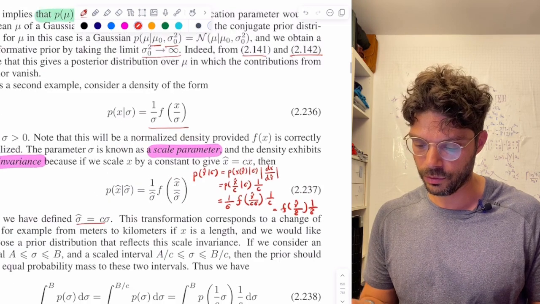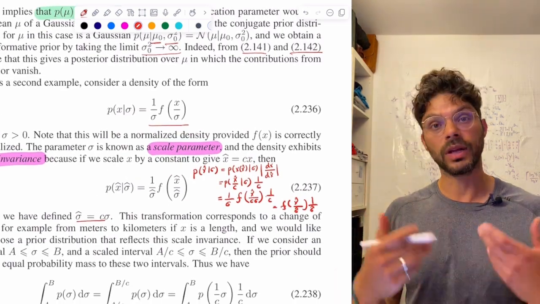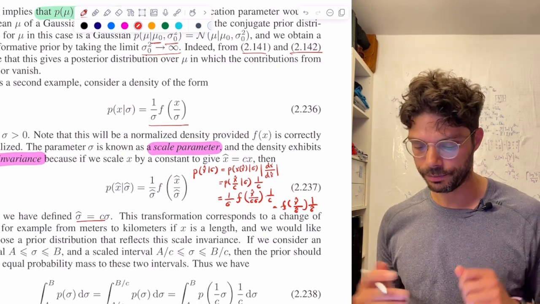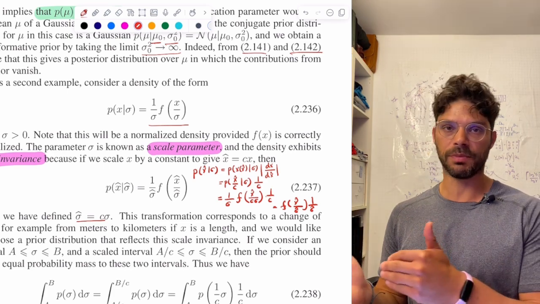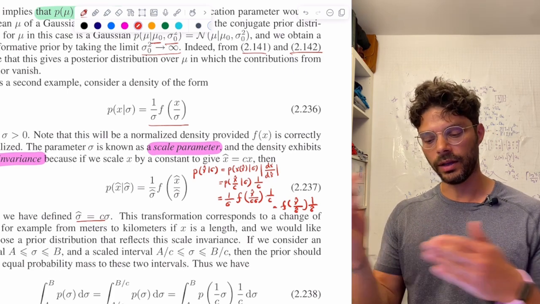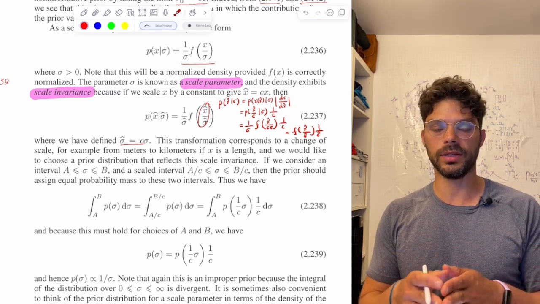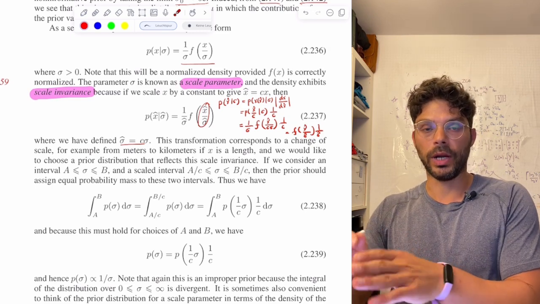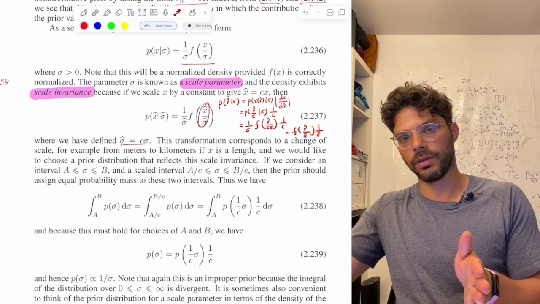Well, we do have the same form if we just scale our scale parameter the same way as we scaled our data. So again, here's the situation. You want to see what happens to my likelihood if, for example, I get a data point that's 10 times as large or 10 times as small. In the situation where you got a data point that was, let's say, 10 times as large, then the likelihood would shift. It would have the same form, but the scale parameter would also be 10 times larger.